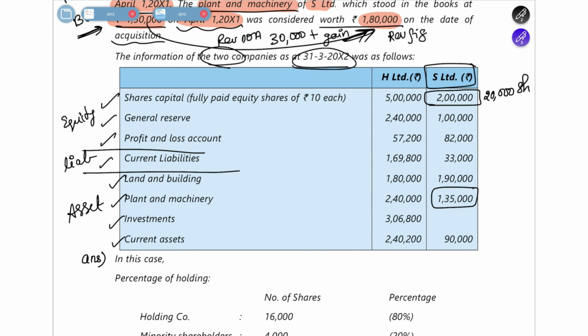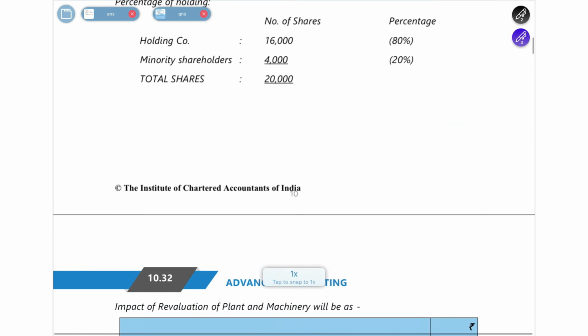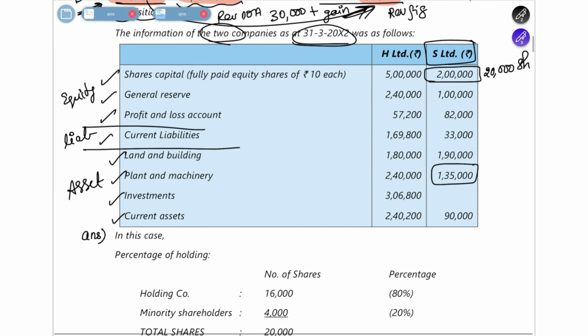Fine. Now what they have told you to find out in the question is, you have to just solve all the steps which are possible. In this example, they have not explicitly stated what all you have to find out. So you solve all steps until you are able to give the answer. So solve all steps. Okay, now let's move on to our answer part.